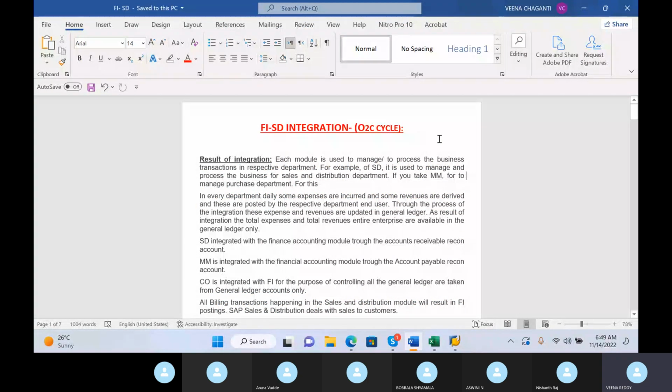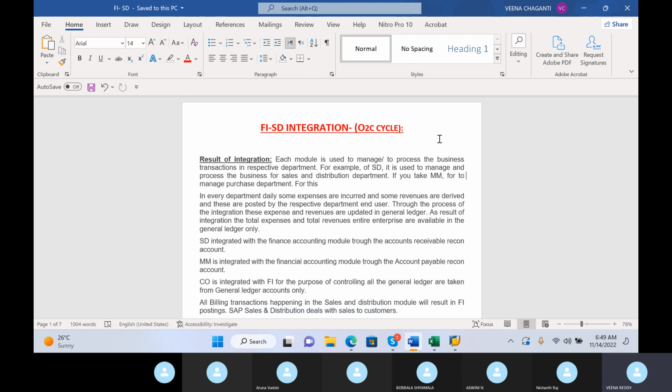Today I'm going to give the FISD integration and O2C cycle process. As we know, FIMM integration and the P2P process are the same as this, only this is FISD and the O2C cycle. Generally, we raise invoices from the FI side in the normal way, but in a real organization they will follow proper steps, like they will follow the P2P process for purchase order and vendor invoice. Same like that,